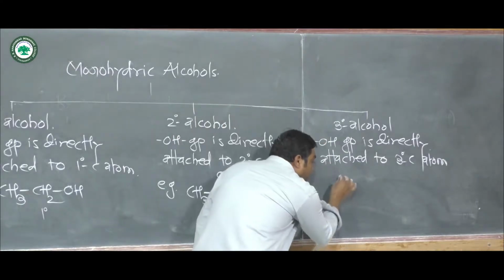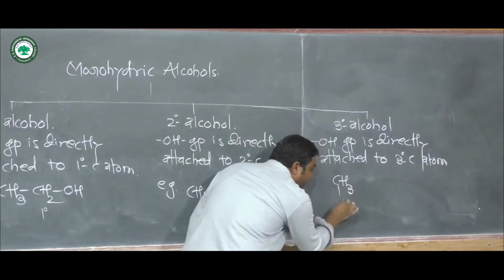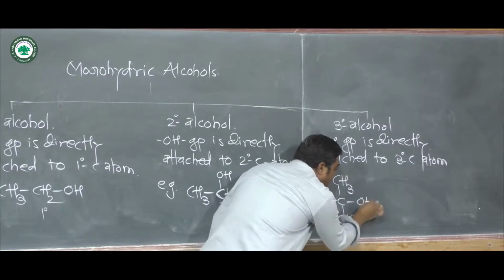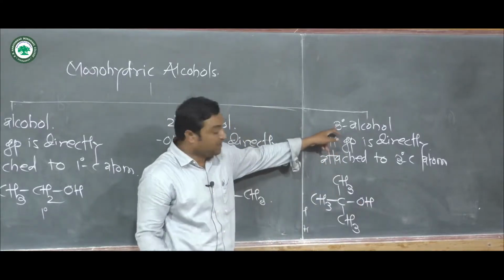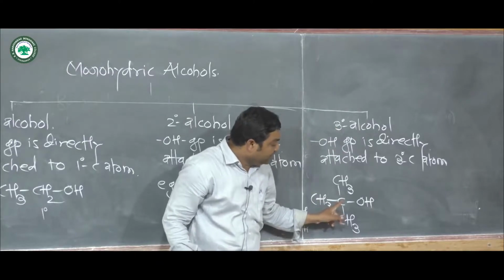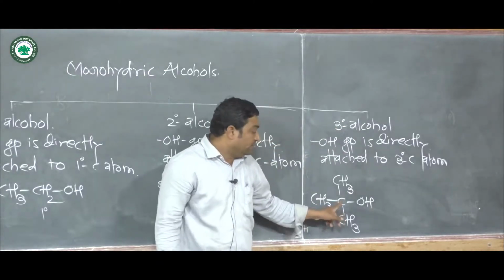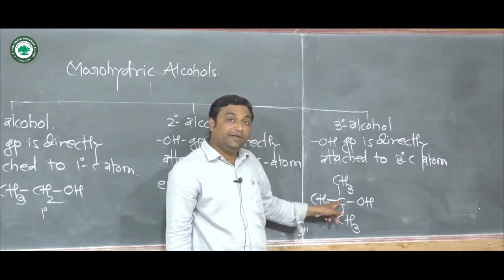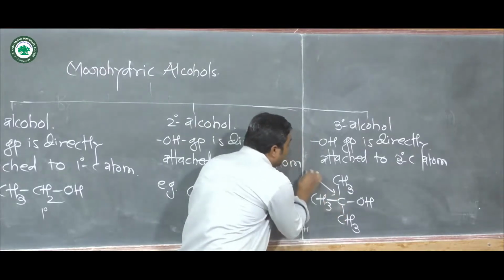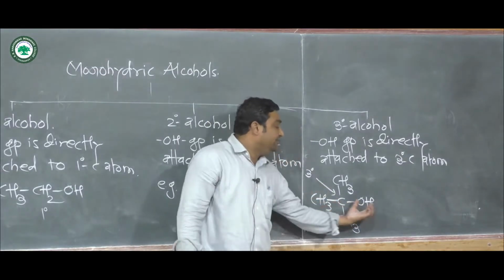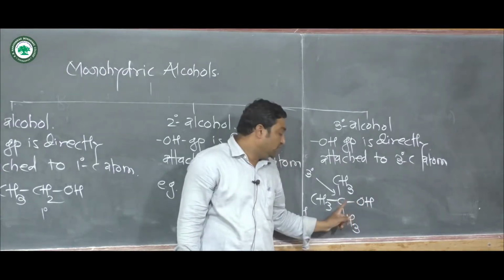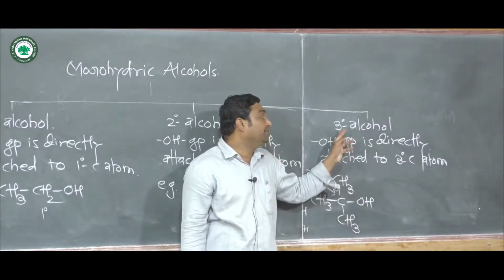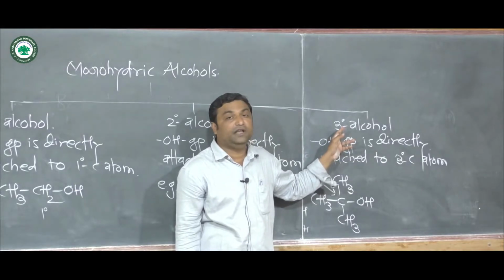then that alcohol is called tertiary alcohol. Now, tertiary butyl alcohol is an example of this tertiary alcohol. We know that the middle carbon atom to which three other carbon atoms are directly attached becomes tertiary carbon atom. It becomes tertiary carbon atom, and this OH group is directly attached to tertiary carbon atom. That's why this tertiary butyl alcohol becomes an example of tertiary alcohol.